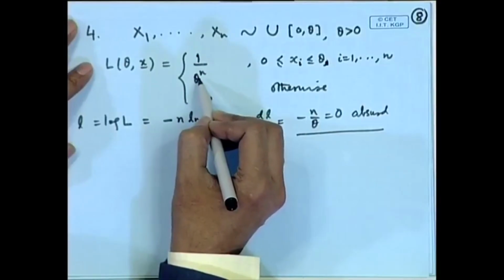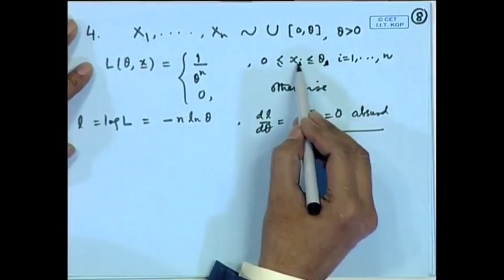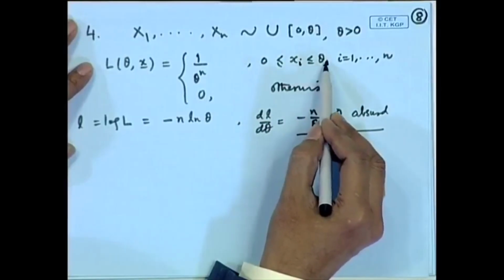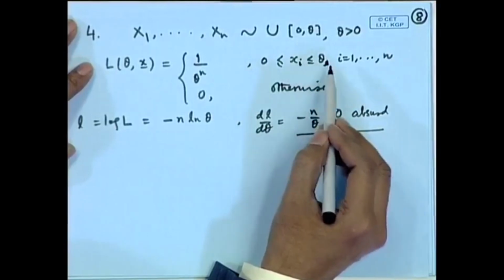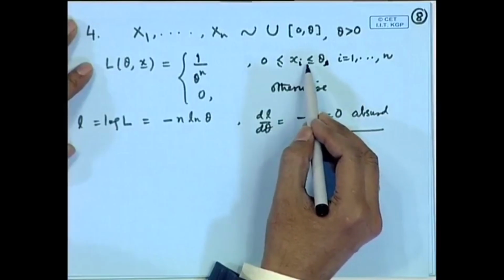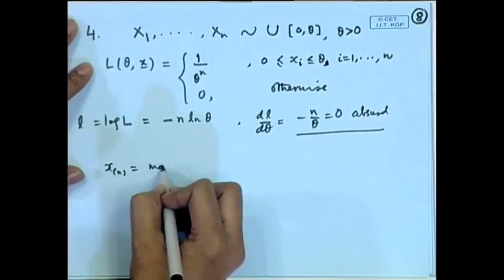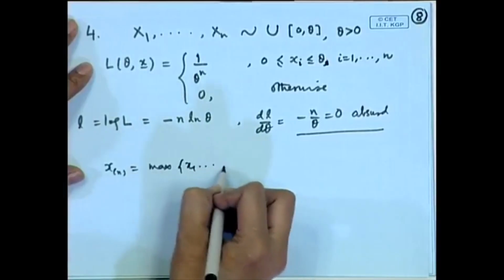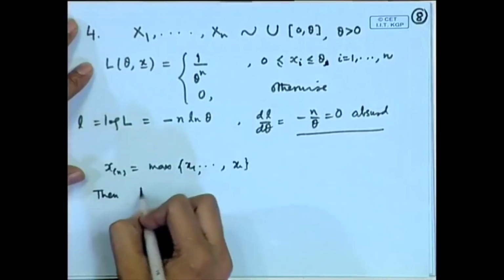Since theta is in the denominator, it corresponds to the minimization with respect to theta. What is the minimum value of theta? Since theta is greater than each of the x i's, the minimum value that theta can take will be the maximum of x 1, x 2, ..., x n. So, if I call x n as the maximum of x 1, x 2, ..., x n, that is the largest order statistic, then L is